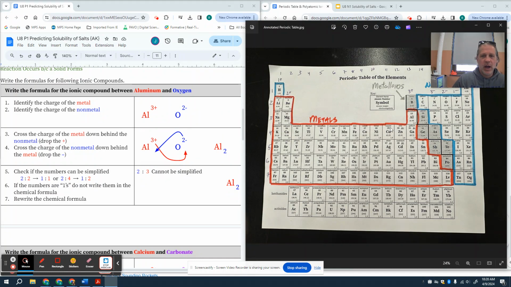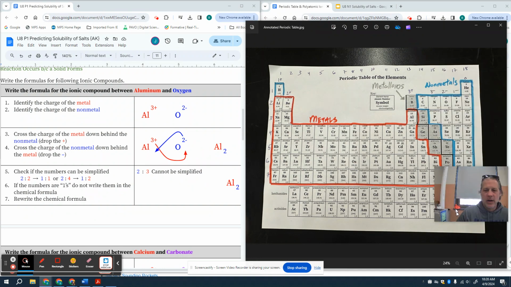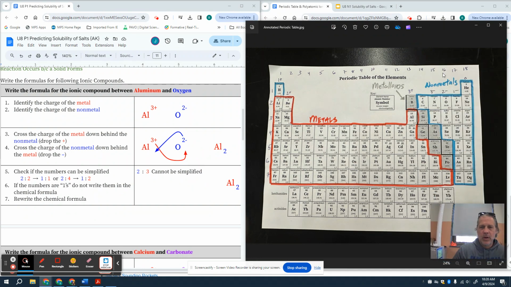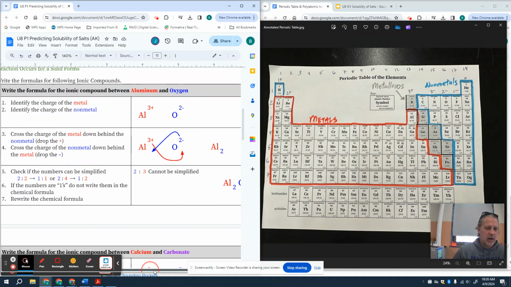Aluminum is a +3. I found it's a +3 because on this periodic table that I've created, it's in the +3 column. And oxygen is a -2. It's in column 6, group 16, which means it's a -2. Then we cross the charge of the metal down behind the nonmetal, drop the plus, cross the charge of the nonmetal down behind the metal, drop the minus, and you get